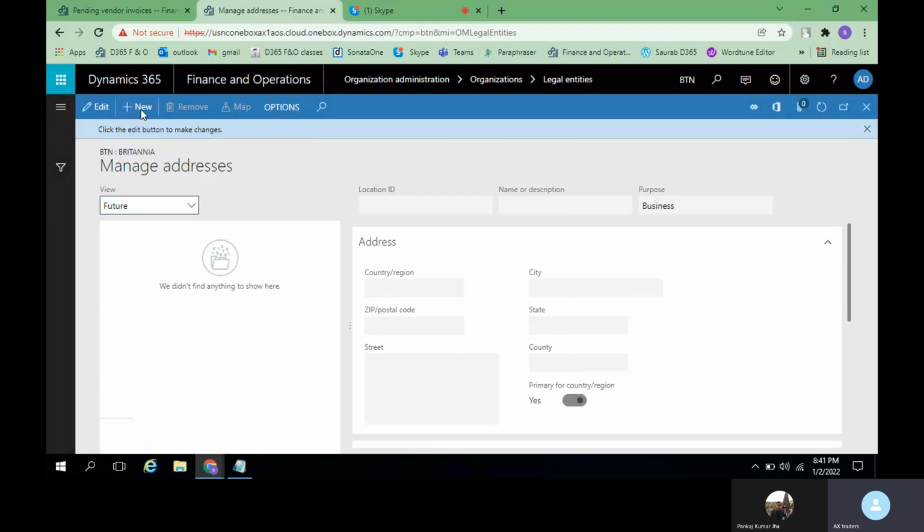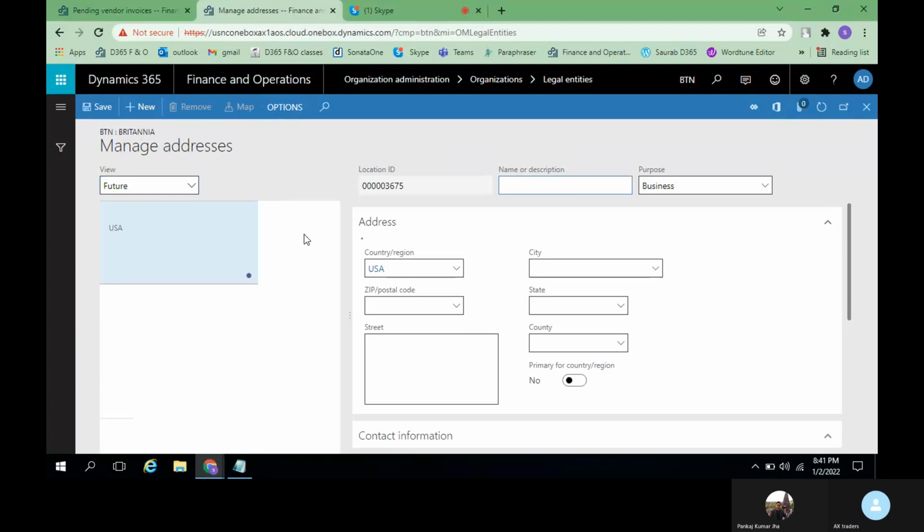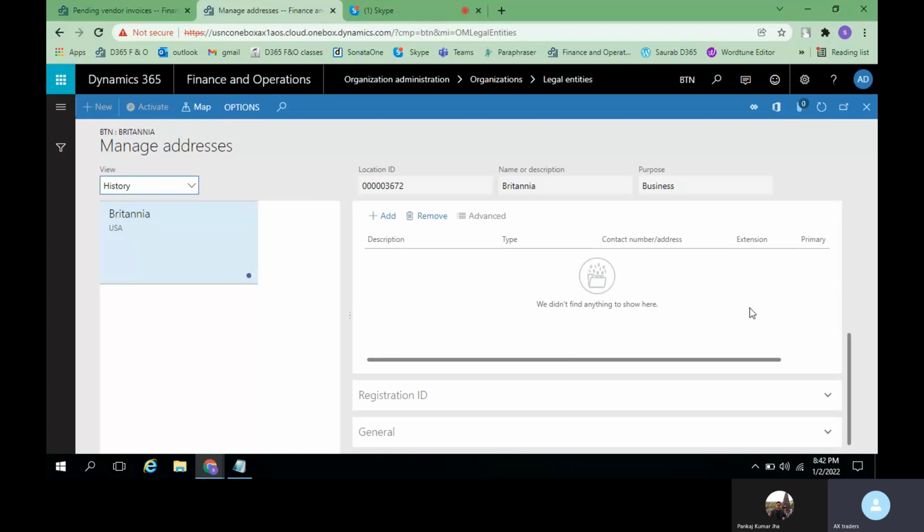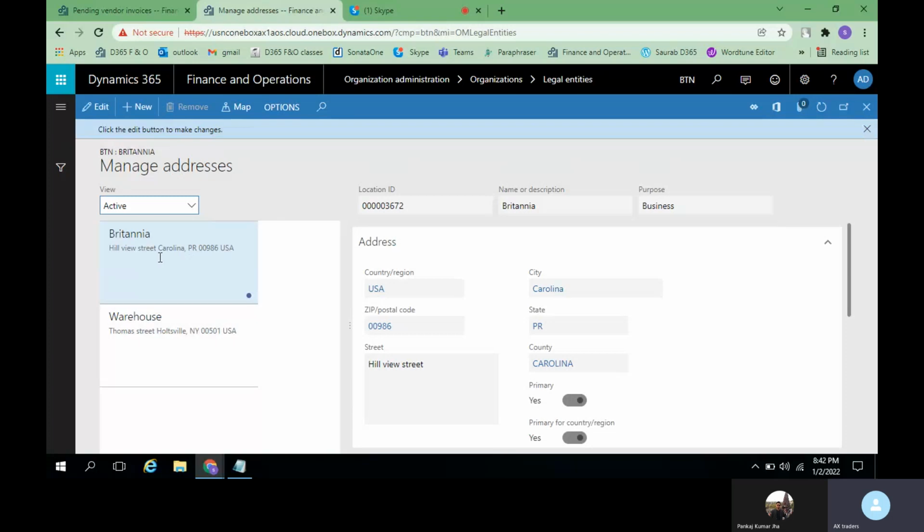We can click on new. If you want to give any address for future purposes, you can enter these details. In history also, we have not given any, since we have not made any changes on the address, so it is not showing the previous addresses. It is showing only active addresses, whatever we have given for Britannia and the warehouse.